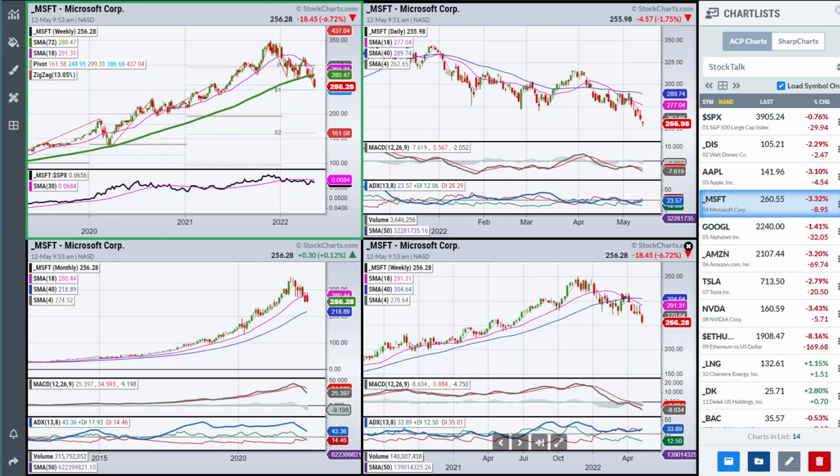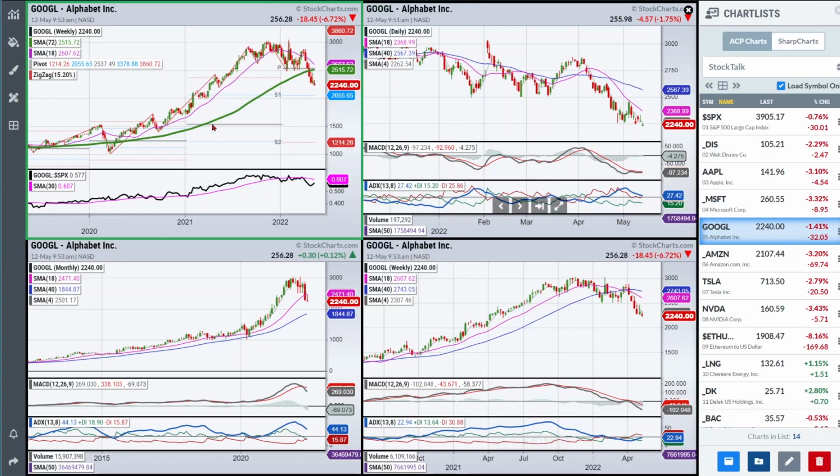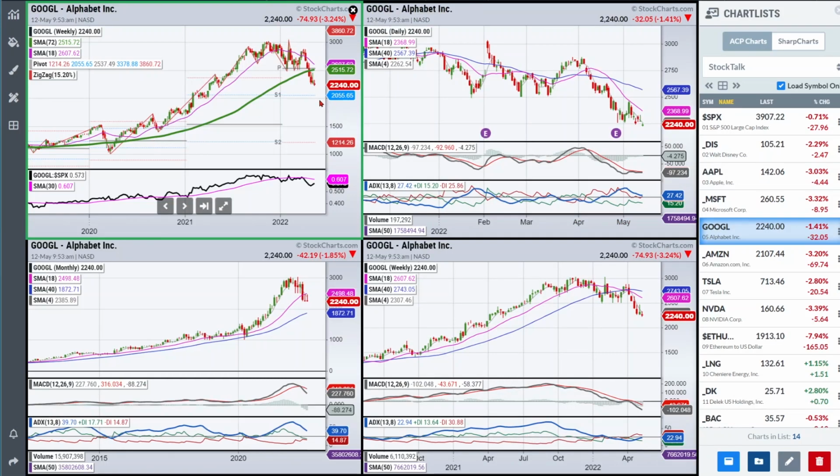But there's not a whole lot to do, again, below the trend lines. We can go to Google now and do the exact same thing: trend line break, test of the high, and we make a new low. So we have a downtrend in place on this one as well. We want to draw in our trend line here, again a more aggressive trend line on the daily. And the way I would look at this is that if you get a move that gets this above, and then you test and you turn things around on a daily chart and you have room up to the weekly line, then okay, maybe you want to try and trade that for a short-term move.